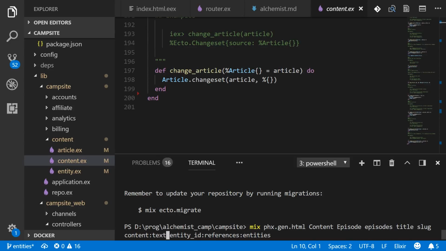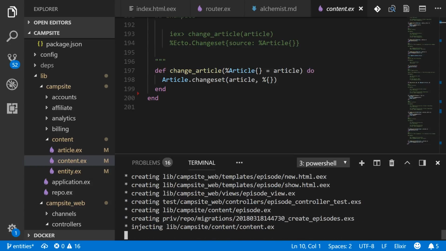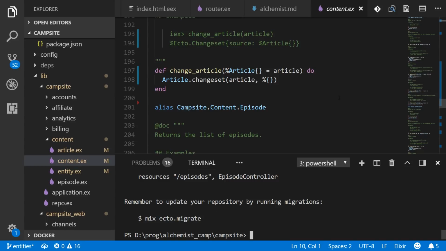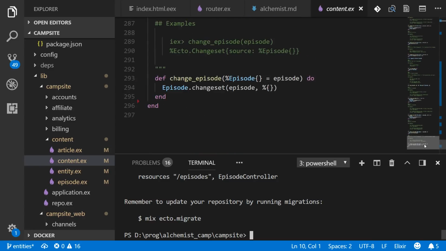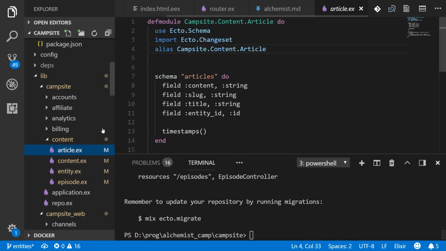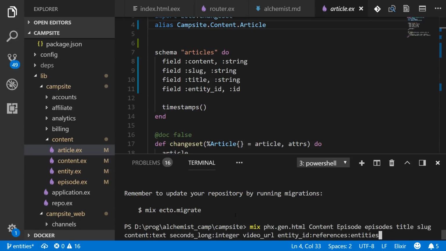Let's put that after the text. Seconds long, and that's an integer. And they also have a video URL, and that's just a string. And now we have additional information in this context for our episodes. And is there anything we need to change in these? Yes, there is. We'll do that in a moment, because we're going to have one more schema, which is also very similar, and that is